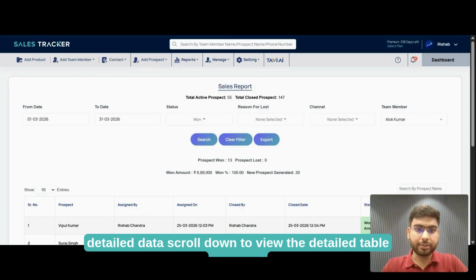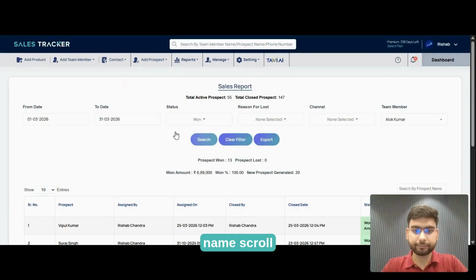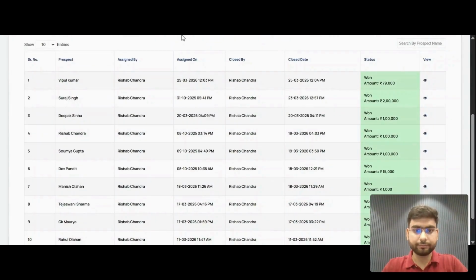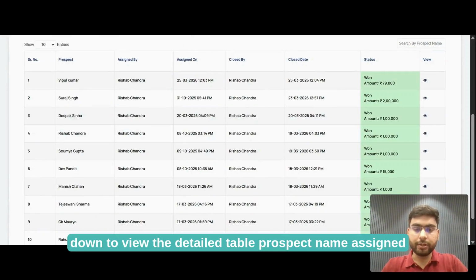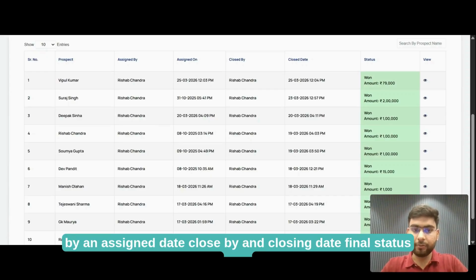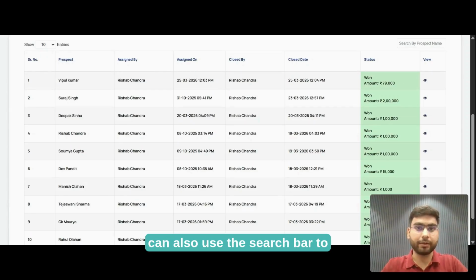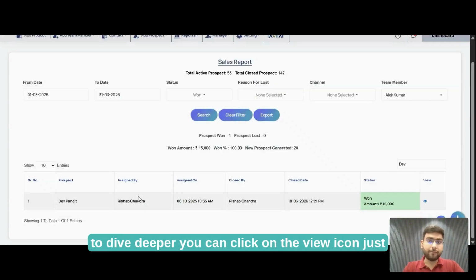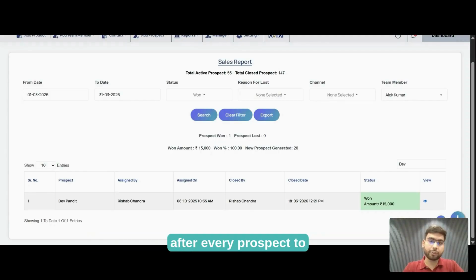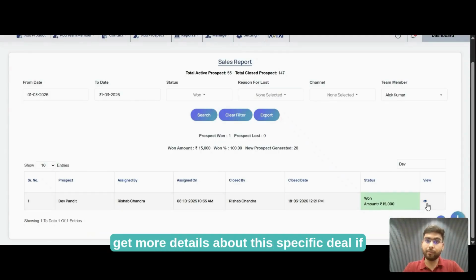Analyze detailed data. Scroll down to view the detailed table. Prospect name, assigned by and assigned date, closed by and closing date, final status. You can also use the search bar to quickly find a specific prospect. And to dive deeper, you can click on the view icon just after every prospect to get more details about